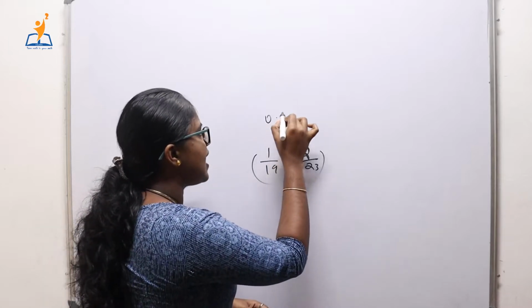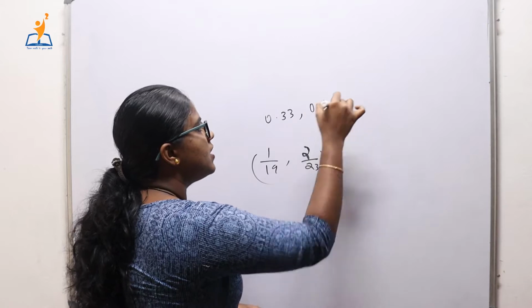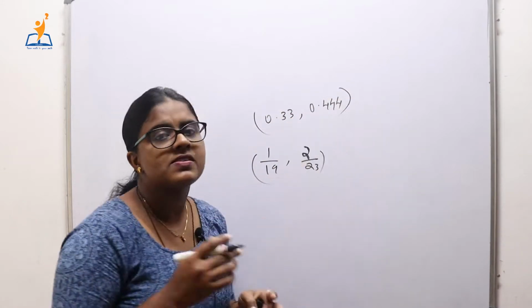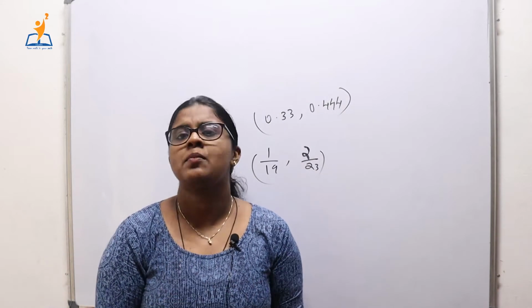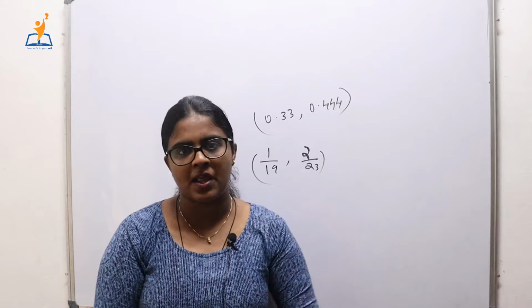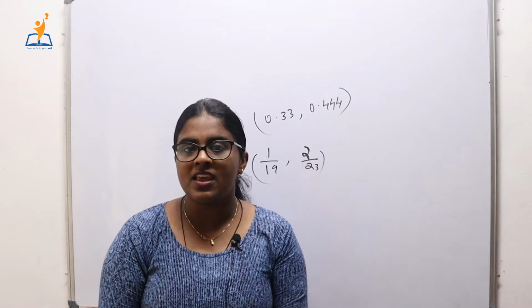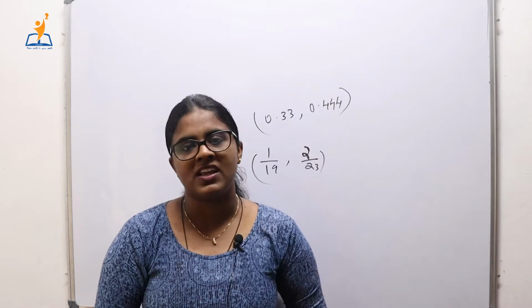For example, let another point be 0.33 and 0.444. It is difficult for us to plot these types of points in the graph. So the graphical method is always time consuming rather than algebraic methods. So in today's class we are going to give you the algebraic method to solve a pair of linear equations in two variables,